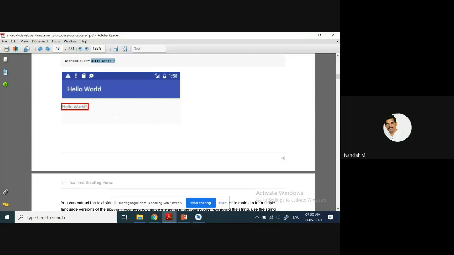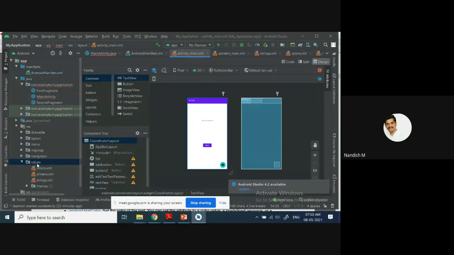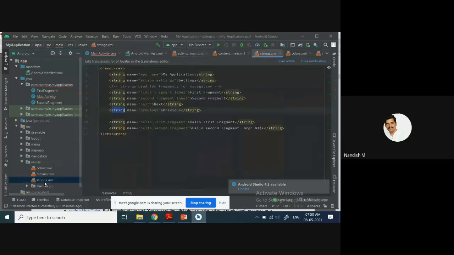Even this value can be fetched from string.xml. I have shown you one file called string.xml. Where is that? It is inside values, inside that string.xml. From here also you can fetch.